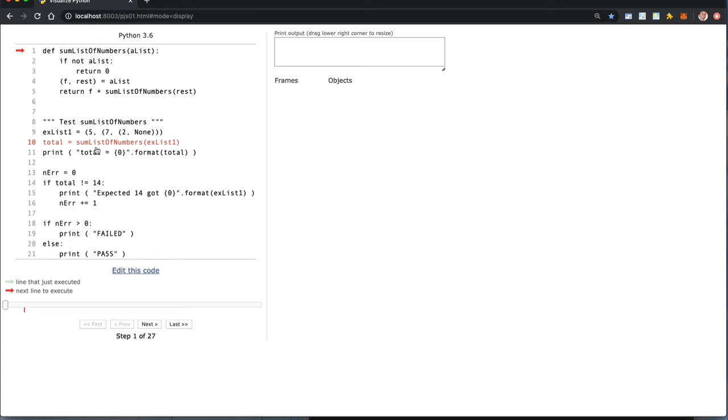And again, we're going to be creating this thing called a variable in the program called total. And we're going to assign to it whatever this sum list of numbers is. Oh, sum list of numbers is up at the top. It's up here. So it's going to do a thing called call this function. And it's going to call it with EXList. EXList is going to become a list. And we'll get back to what that does when we actually run it. And then down here we have